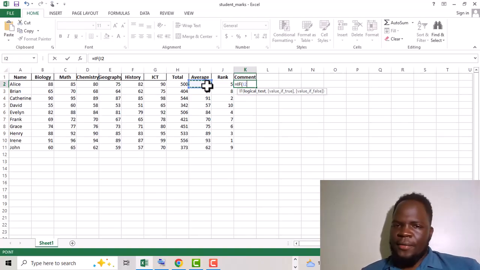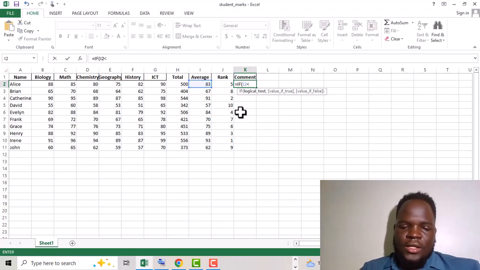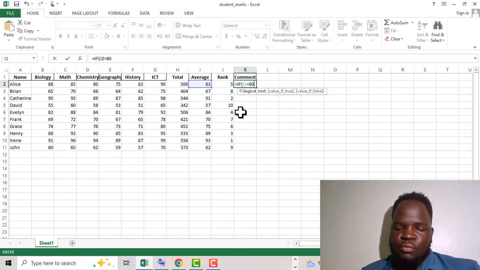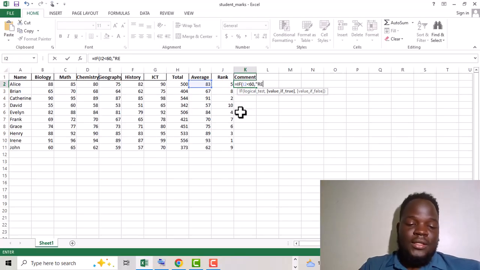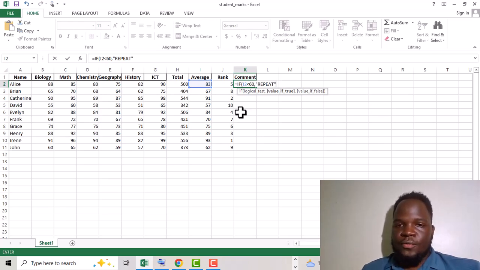If the average, so you tap in the first cell of average, is less than 60, then you put a comma, then you open quotes. What do you want to do? That is the value if true. If that value is less than 60, then this person is going to be advised to do what? To repeat. That is the comment. Now repeat, then you close the quotes, then you put a comma,